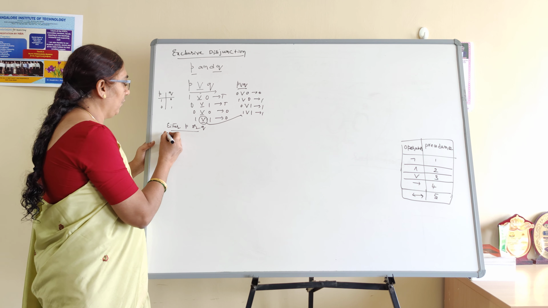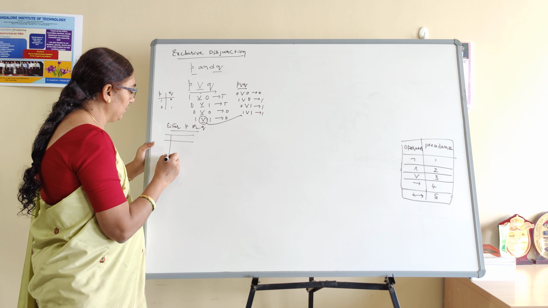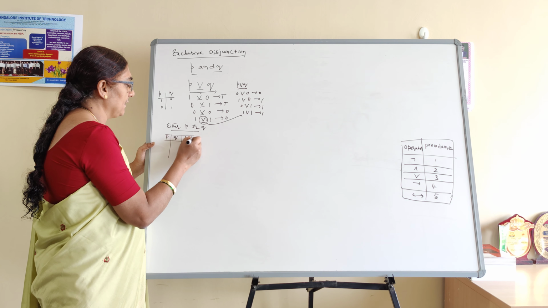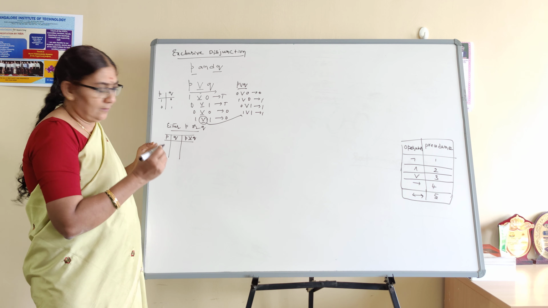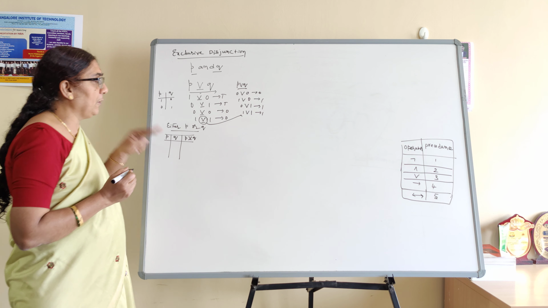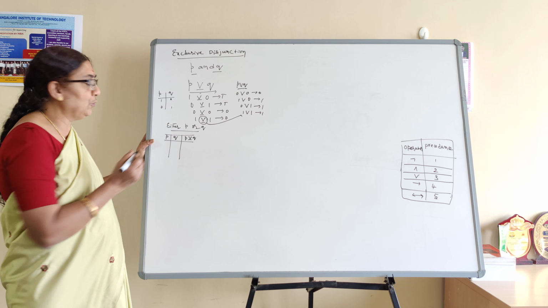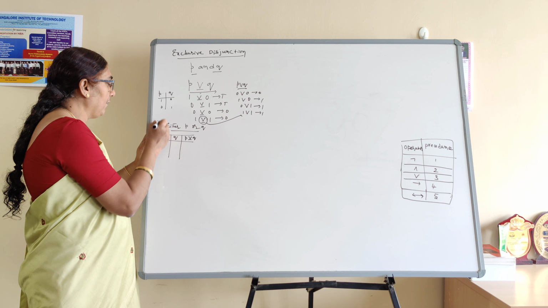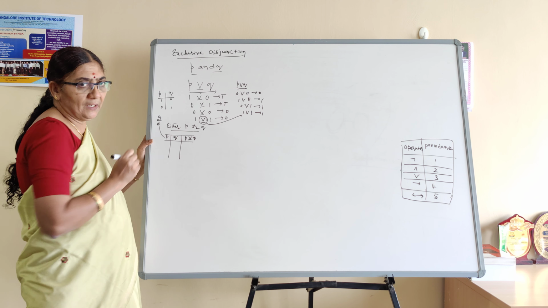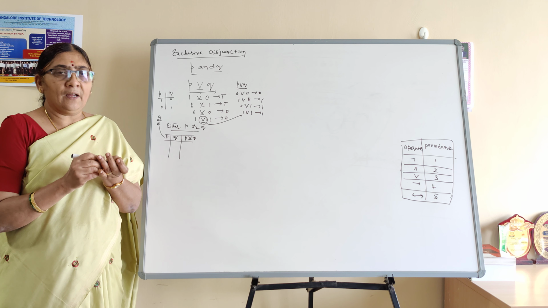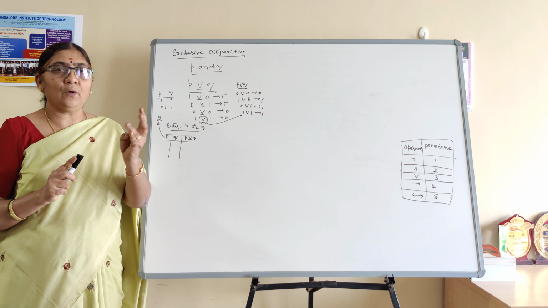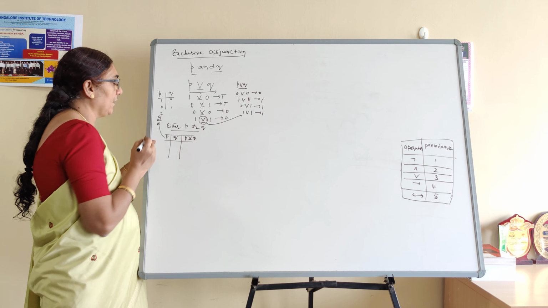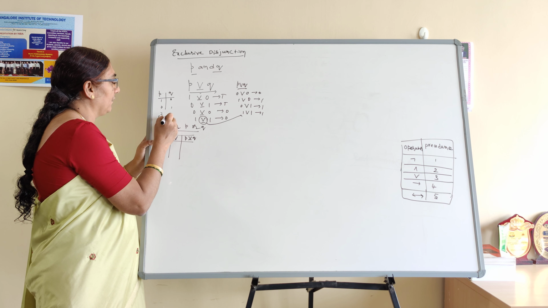Now if you want to write a truth table for the exclusive disjunction, it is very easy. P and Q, as I told you a number of times in the previous class: whenever you want to write a truth table, first you have to know how many primitives there are. Here there are two primitives or components. Each one has two possibilities, either true or false, not both. So two to the power of the number of propositions, two squared, is 4.